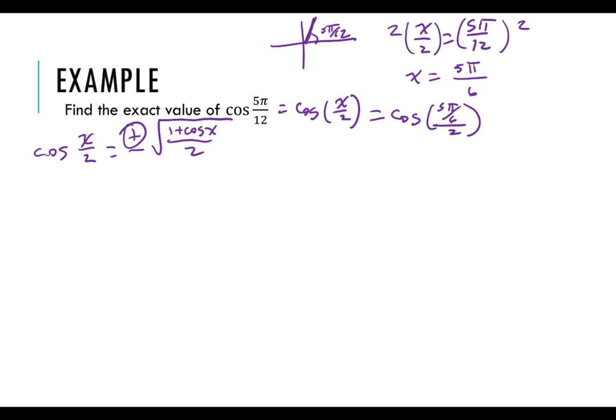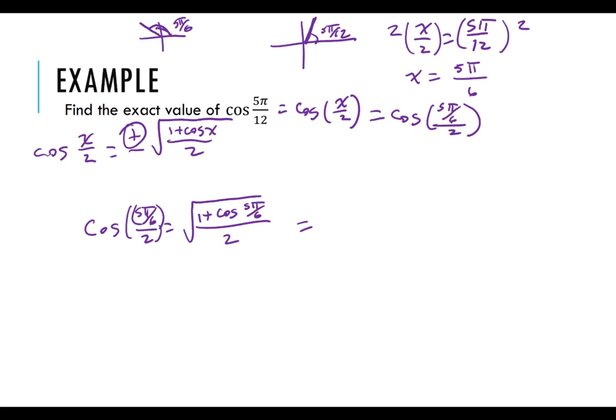So cosine of 5 pi twelfths, the same as cosine of 5 pi sixths over 2, is the positive square root of 1 plus cosine of 5 pi sixths, divided by 2. Since 5 pi sixths lives in quadrant 2, cosine of 5 pi sixths is going to be negative, because All Students Take Classes. So this is the square root of 1 plus negative root 3 over 2,